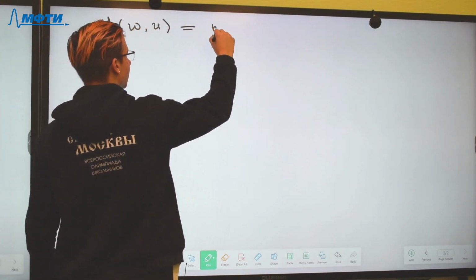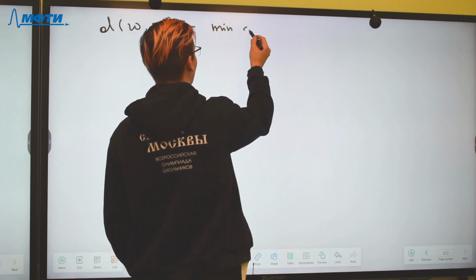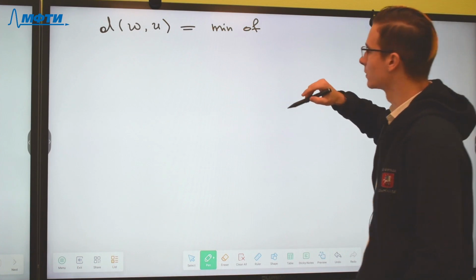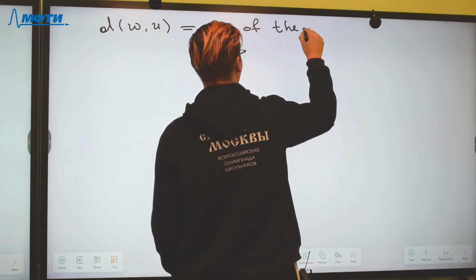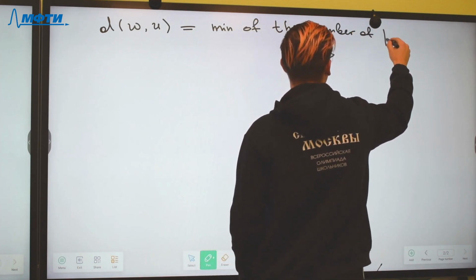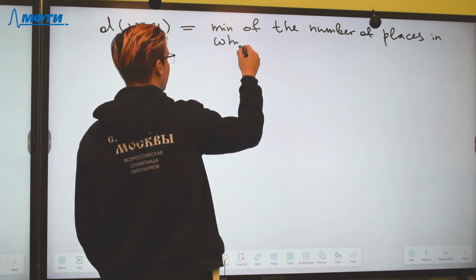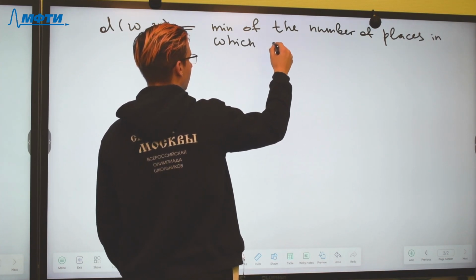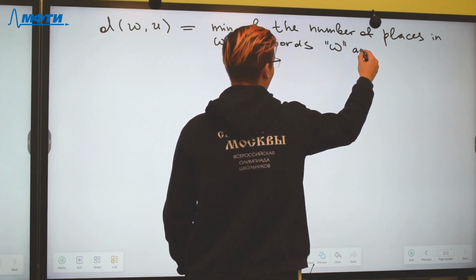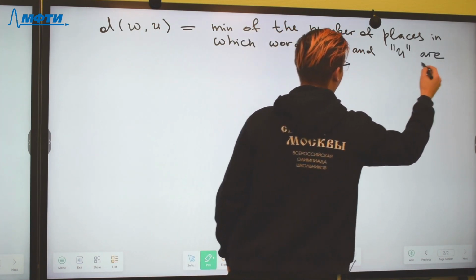Of course, it's the minimum of the number of places in which the words W and Q are different,